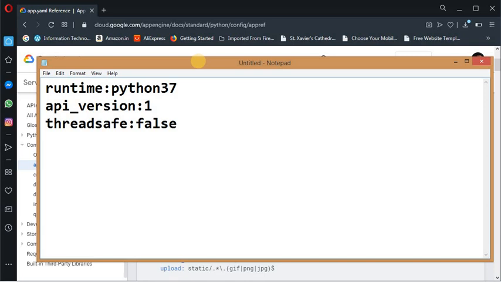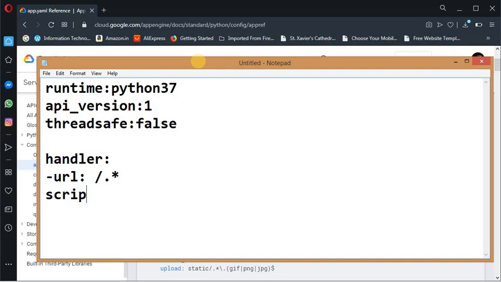Okay, next you need to give the handlers, hyphen url colon. You are not specifying any particular path, so what I am doing is I am just giving /.*, which means it takes whatever path is present in that particular folder.